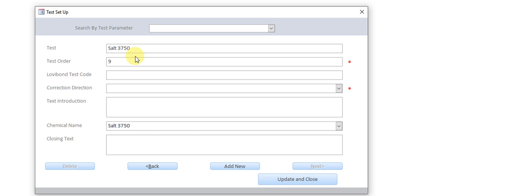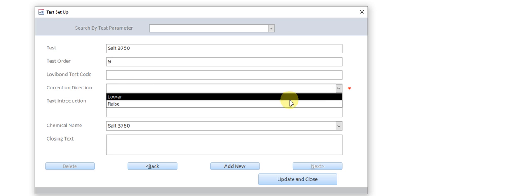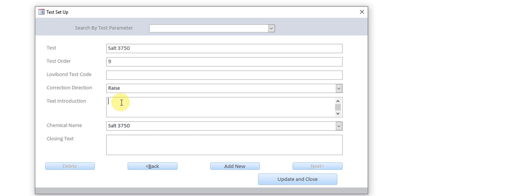Correction direction is to raise, and I'm going to say open, add 150 kilos of salt 3750 by opening the bag and pouring in the content over the floor generally, and throw the bag away, but not